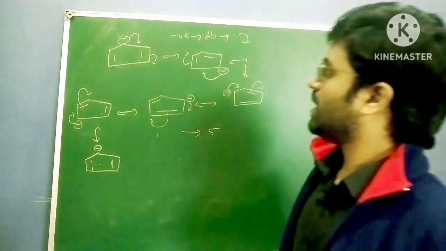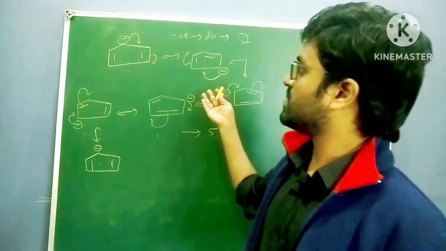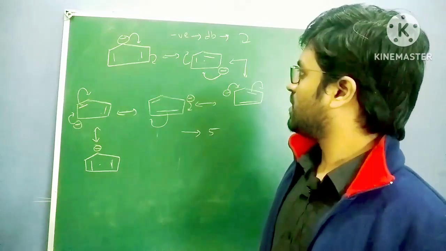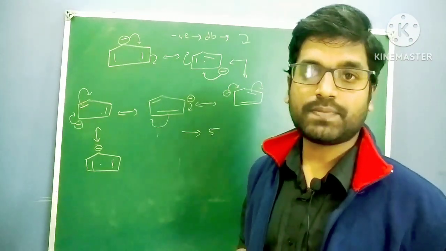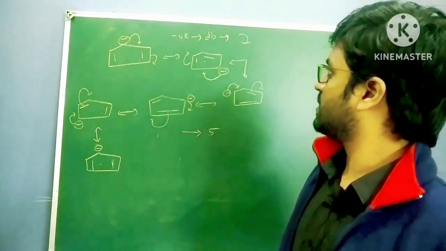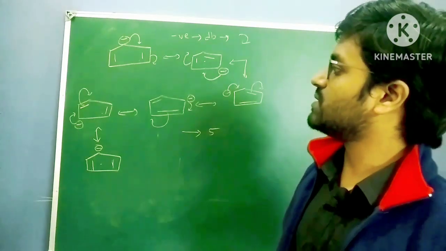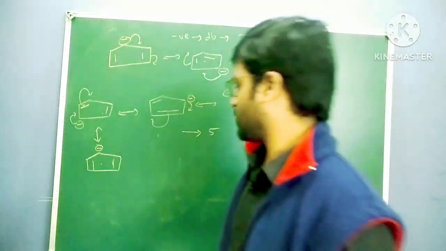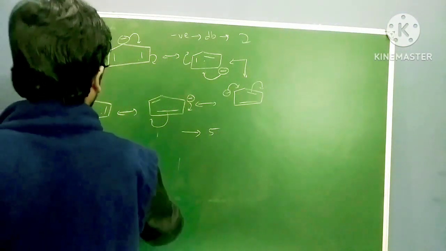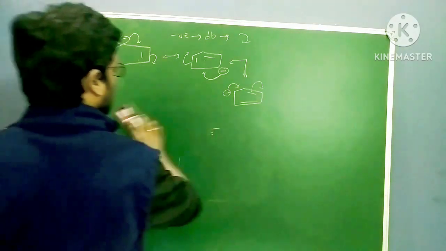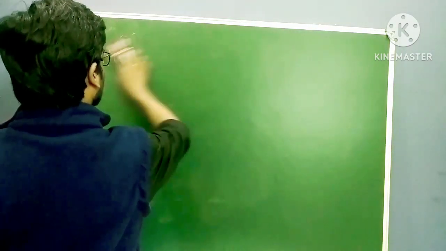And you can observe double bond became single bond became double bond, became single bond became double bond. So that's it. So these are the resonating structures. So this is how you have to write. So another example, tropylium ion or cycloheptatrienyl cation. You will get 7 resonating structures here.